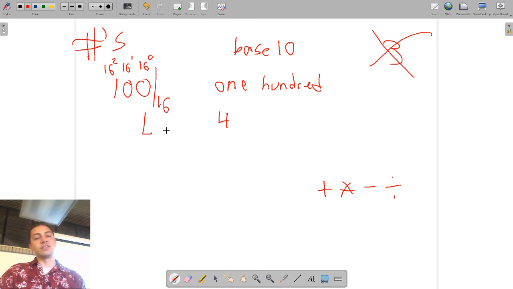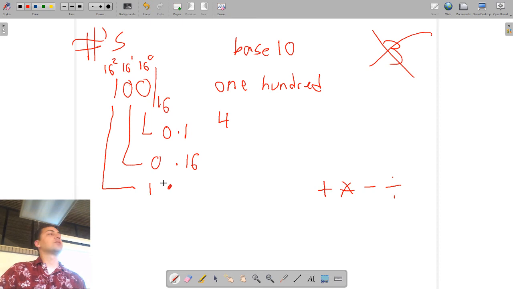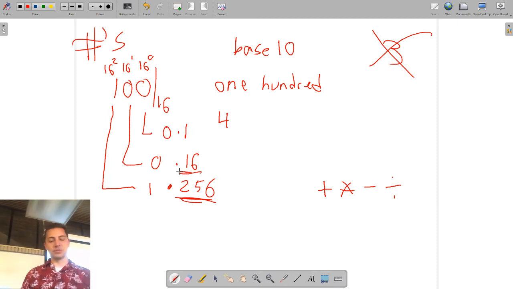So, taking this, this would be 0 times 1, 0 times 16, 1 times, anybody know what 16 squared is? Naturally 256, yes, which happens to be one of those delightful powers of 2. In fact, 16 is also a power of 2, which is going to lead us right into, I told you yesterday that there was a shortcut. We talked yesterday,